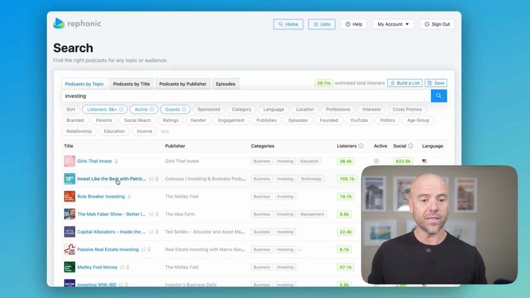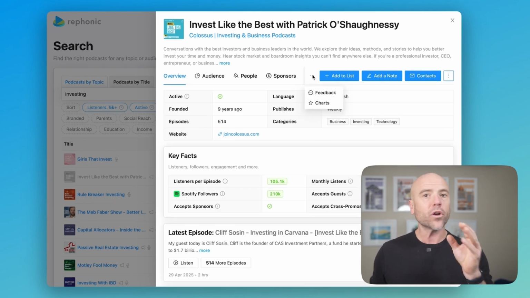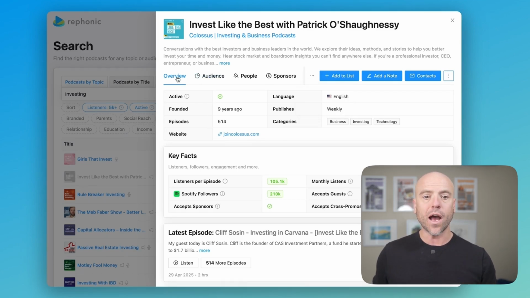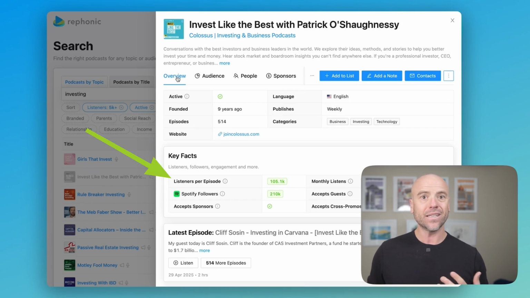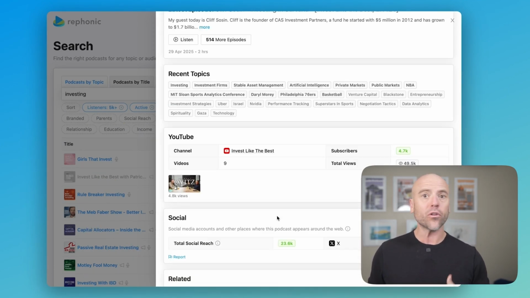So let's do Invest Like the Best right here. And this is where Rephonic gets really useful because if you're looking to book guests or ad spots, you'll want to research each opportunity thoroughly. So there are 6 tabs of data here that I'm going to quickly run through, okay? First, we've got the overview tab, which I'm already on, where you'll see data like estimated listeners per episode and monthly listens. Then down here, we've got latest episodes, recent topics, YouTube channels, links and stats, all their social media